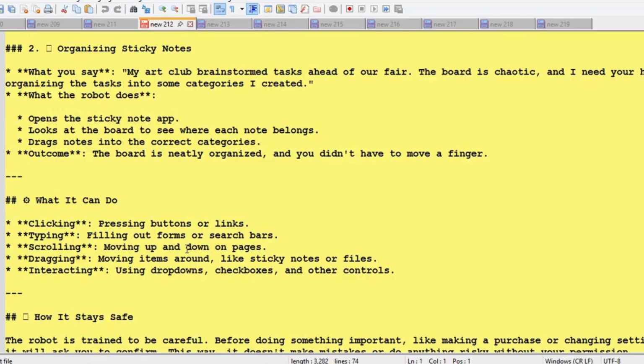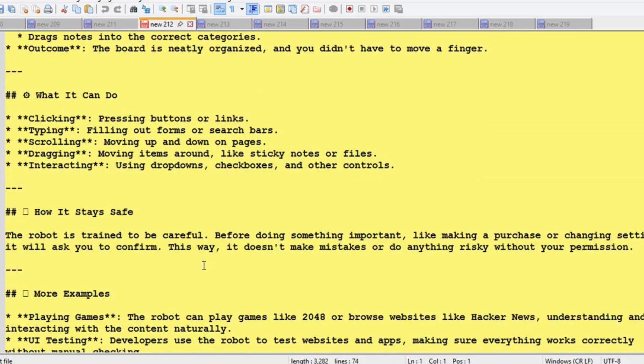What it can do means it can perform actions like clicking, pressing buttons or links, and typing, filling out forms or search bars. It also performs scrolling, moving up and down the pages, dragging and moving items around like sticky notes or files, and interacting with drop downs, checkboxes and other controls. How it stays safe: the robot is trying to be careful, and before doing something important like making a purchase or changing settings, it will ask you to confirm this way so it doesn't make mistakes